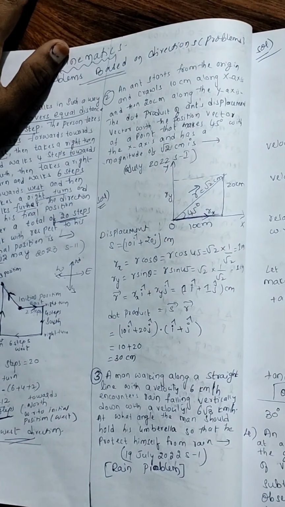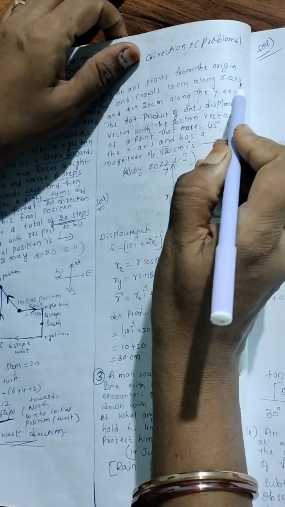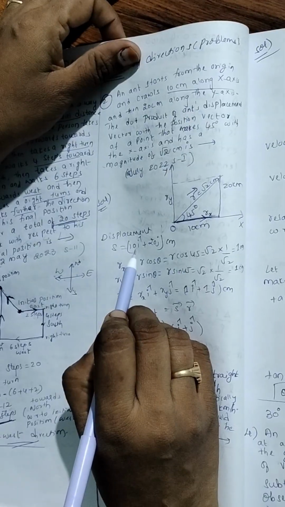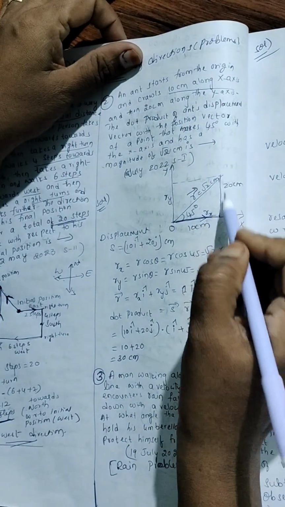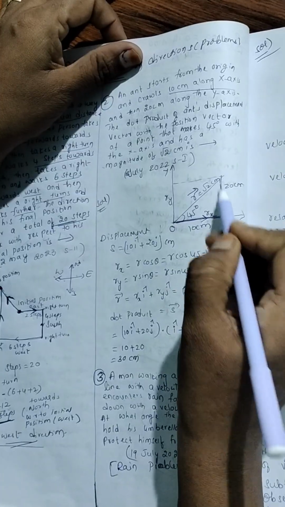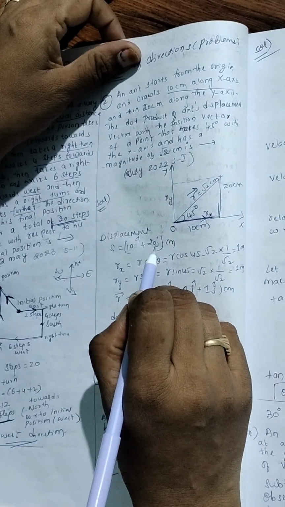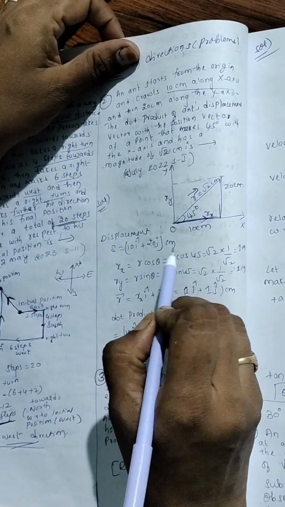First, let us talk about the displacement of the ant. First, 10 centimeter along the x-axis, so I wrote it as 10i. Then 20 centimeter along the y-axis, that is 20j. So total displacement is 10i plus 20j